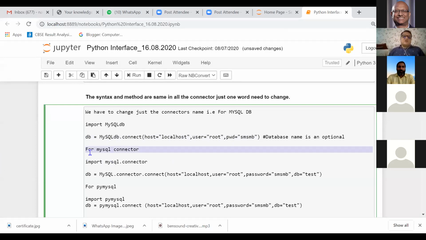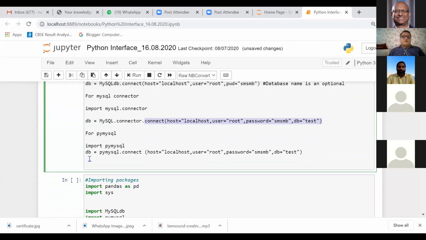Let's say you are using the MySQL connector. Then you will write import mysql.connector, and the rest of the code remains the same. Again, the host name, username, and the password. If you are using PyMySQL, again it is import PyMySQL, db equal. db is an object which we are creating to help us work with the database.